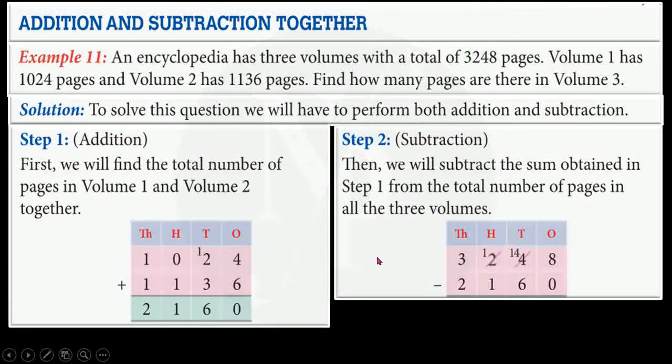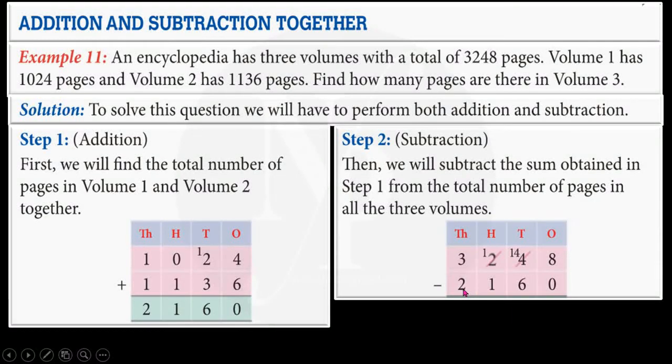So now we will subtract. In step 2 we will perform subtraction. So then we will subtract the sum obtained in step 1 from the total number of pages in all the 3 volumes, which is given. 3248 is the total number of pages including all the 3 volumes,